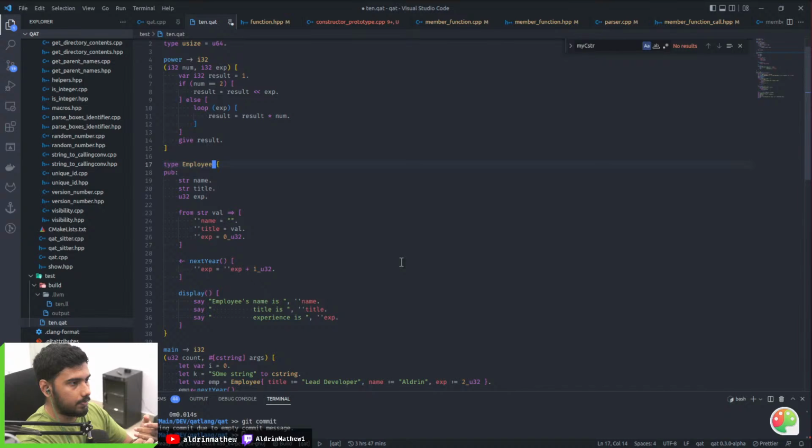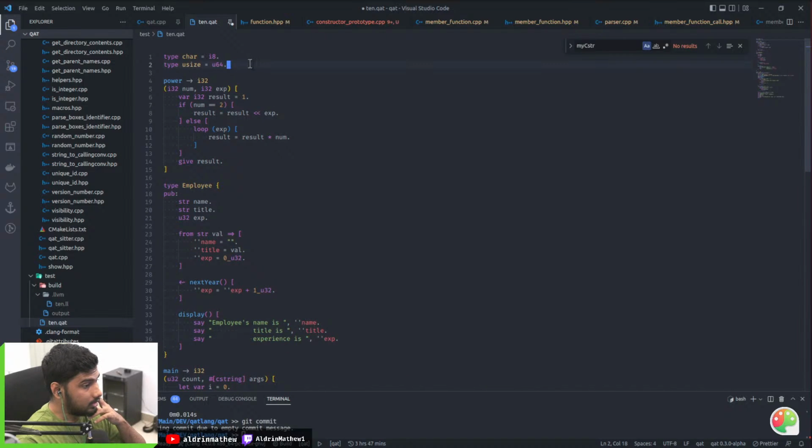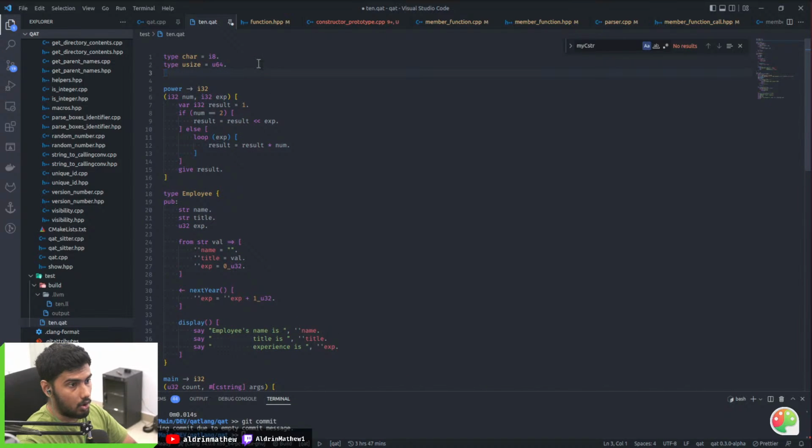But yeah. And another thing, right now boolean is u1, or a 1-bit integer, and you can use 1-bit integers validly in LLVM.